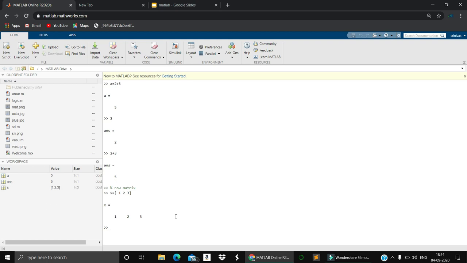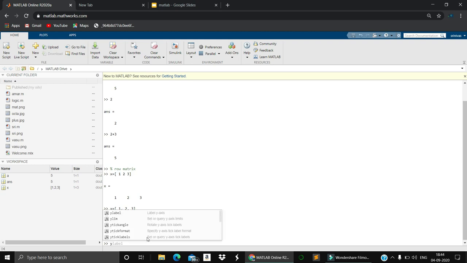So if you are not specifying anything, without commas, you get a row matrix. Here, if you specify commas, then this will also give the row matrix. Or if you are specifying each element with a comma, then it will give a row matrix.